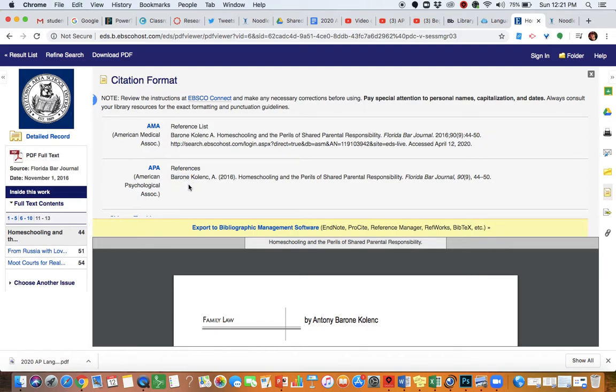I guess this author's last name is pretty long. Barone Kolenk. And then A, that's the first initial. It could be, I don't know, Amber, Adam, Art, doesn't really matter. And then a year. So to cite these in NoodleTools, you're going to have to copy, again, make sure you